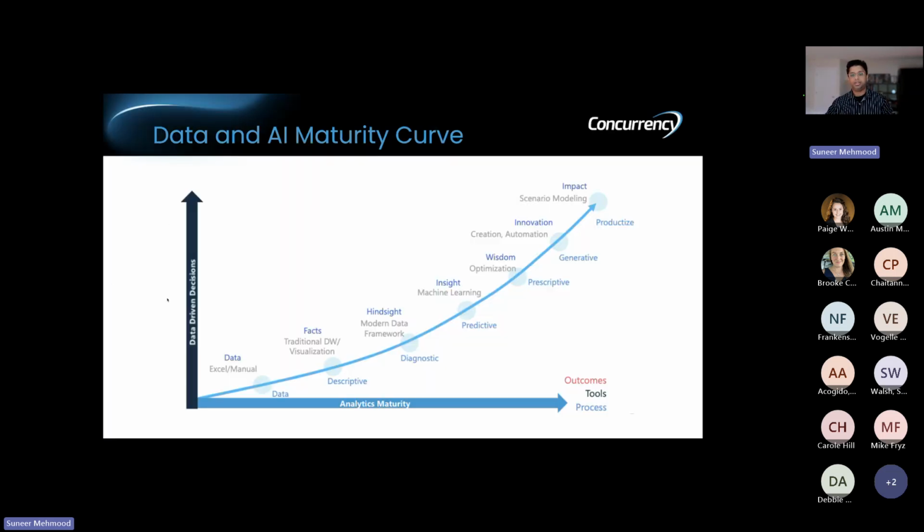And moving on, a lot of you might have seen this data and AI maturity curve before. If not, I'll spend some time to explain this. This talks about how an organization starts. Mostly organizations start with minimal data infrastructure. They would have business needs to analyze some data as they start off.